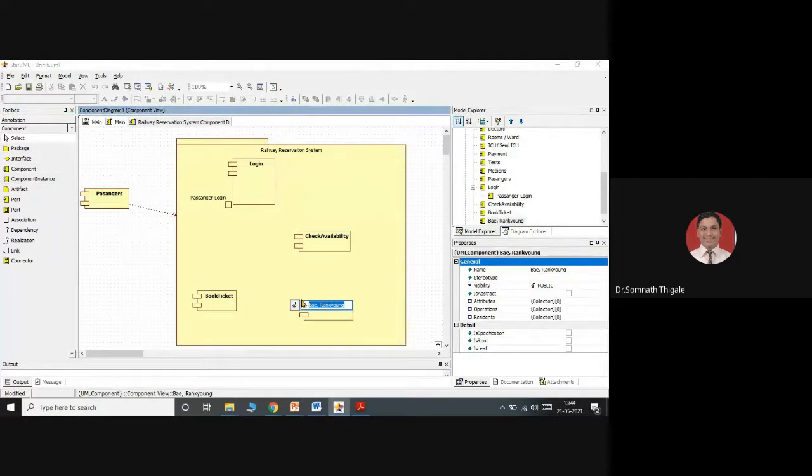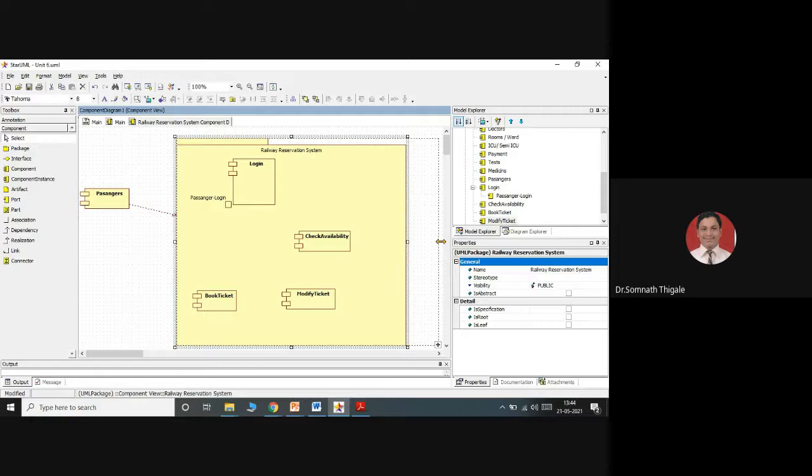Then modify with respect to passenger, maybe with respect to date, or maybe with respect to moving from two tier to one tier, or three tier to one tier, sleeper to AC, like this. So modify ticket, or we may go for the cancel ticket.